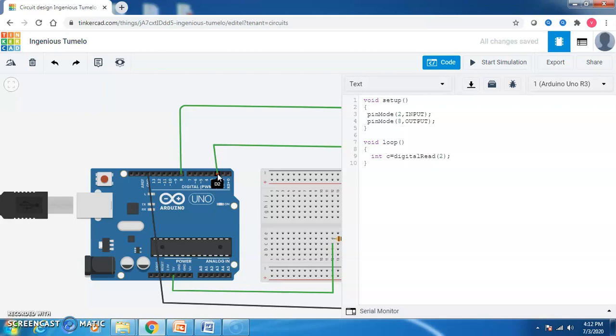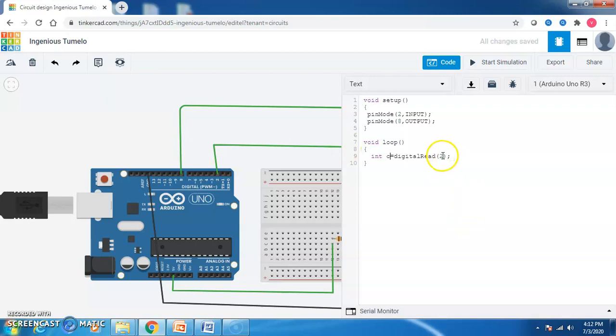Whenever you press the switch, there will be a connection between the two terminals. Cathode is grounded, so the anode also will be grounded. So pressing the switch gives 0 volts, that is LOW, and not pressing the switch gives HIGH, that is 5 volts. Just remember that.